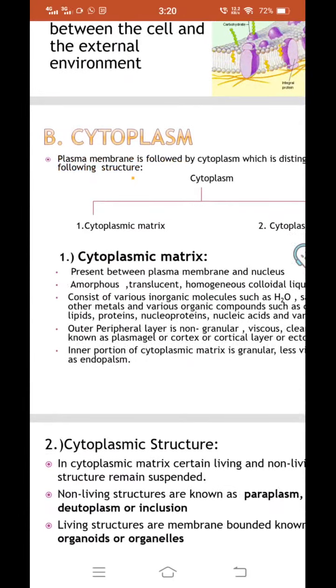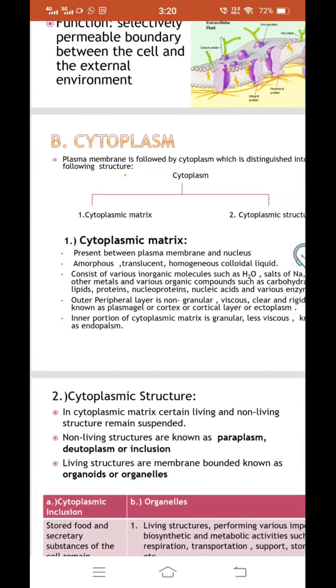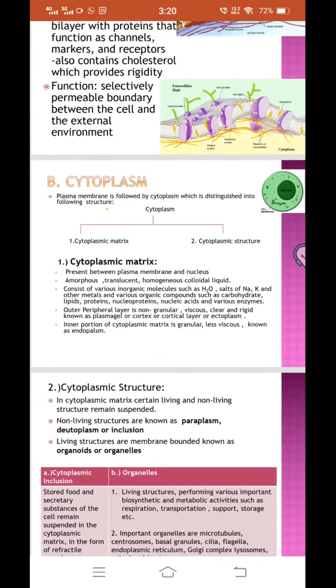So ये जो हमारा cytoplasmic matrix होता है, this cytoplasmic matrix is generally the colloidal liquid which is translucent, which is homogeneous in nature, and it is amorphous, means it is even. Whole of the cell contains the same percentage, same type of the cytoplasm. Okay, कहीं पर भी हमारा कोई भी cytoplasm का portion कहीं पर thick या कहीं पर thin नहीं होगा. Whole of the cytoplasm will have the same thickness of the solution. Okay, so that liquid is not transparent. This liquid is colloidal in nature.